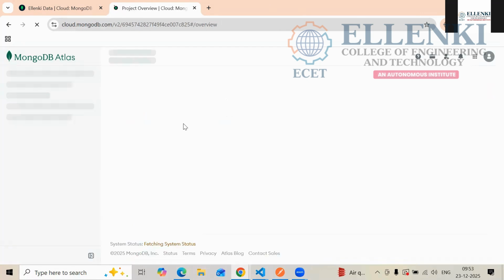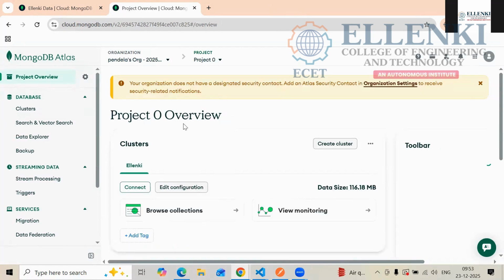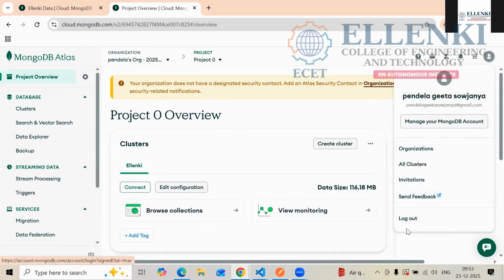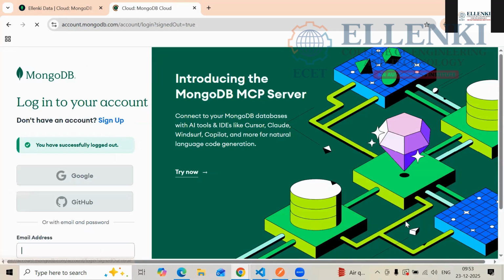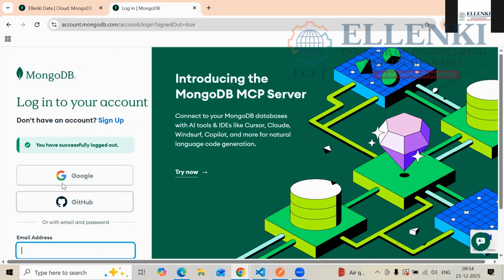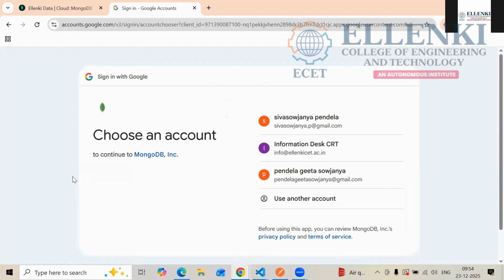It will take a lot of time. Please wait for a minute. I'm closing this, because you have to see it one more time, so we have to check it. So I'm closing this one and now you have to open with Google. Now you have to choose your Google account.